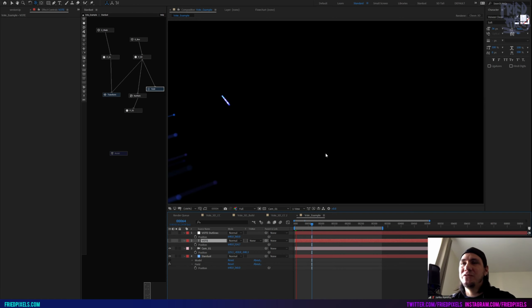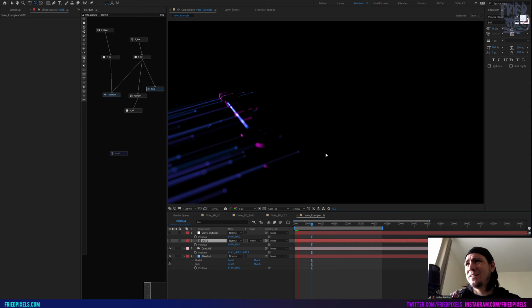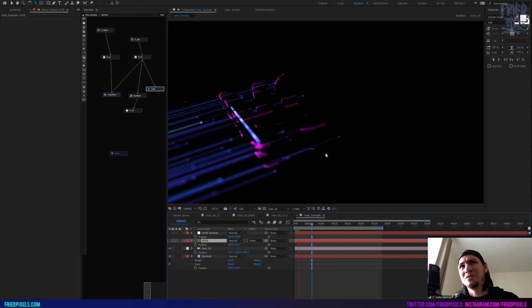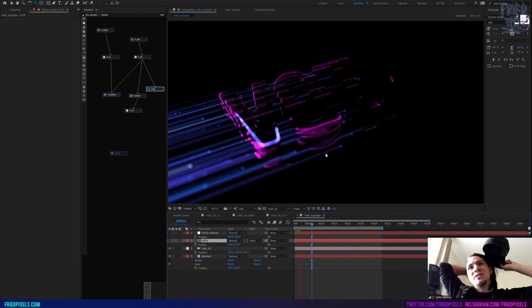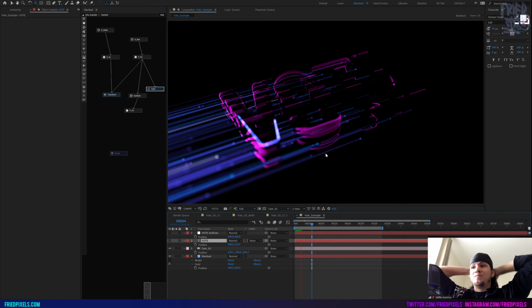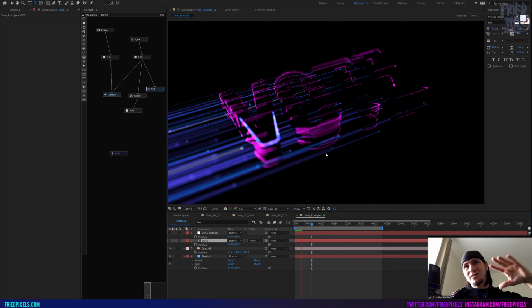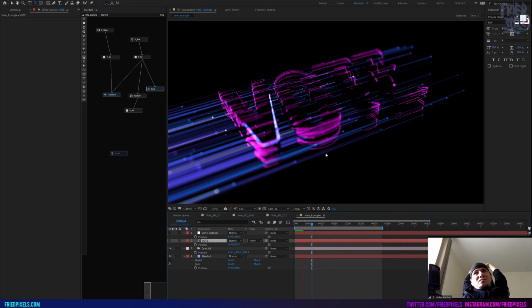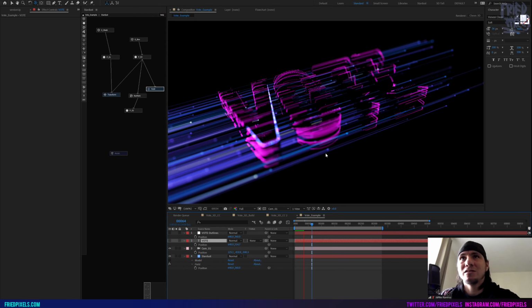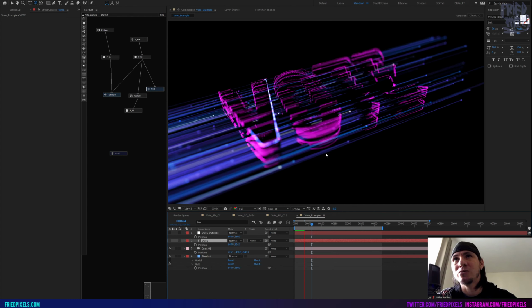Let's see how this RAM previews. I think this will RAM preview really slow. I think my final render took probably like 30 minutes to an hour with how I turned up the particle density a lot. The amount of particles in the box emitter was pretty high. So this is going to start getting slower as the particles are getting to be a lot.